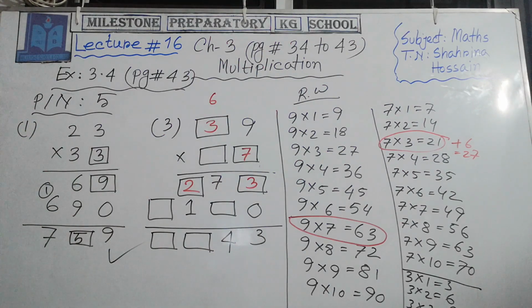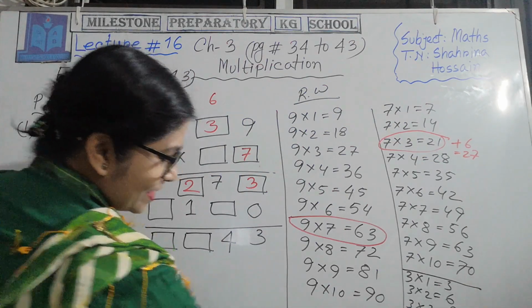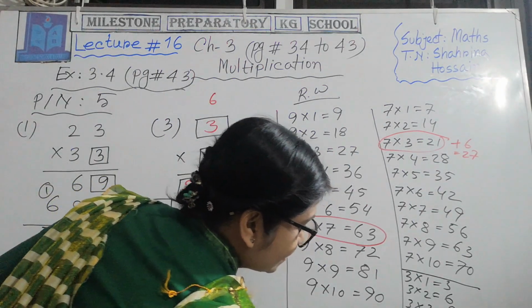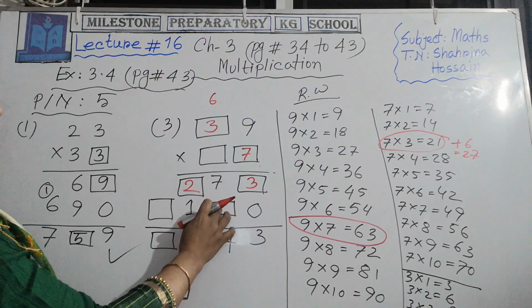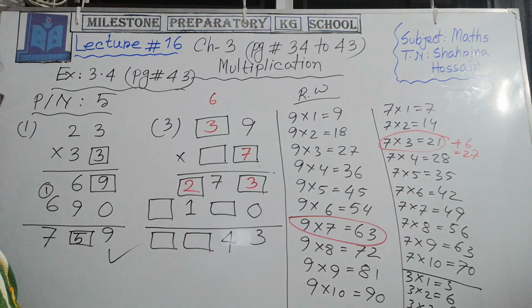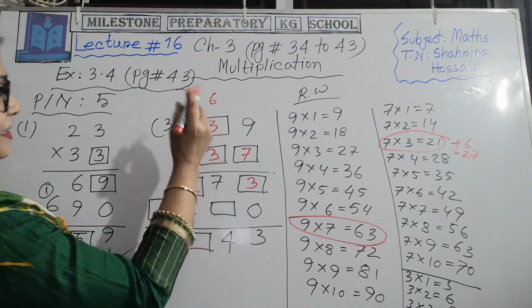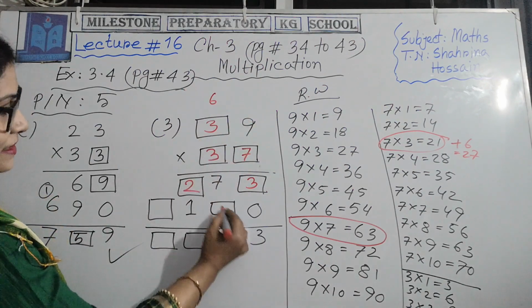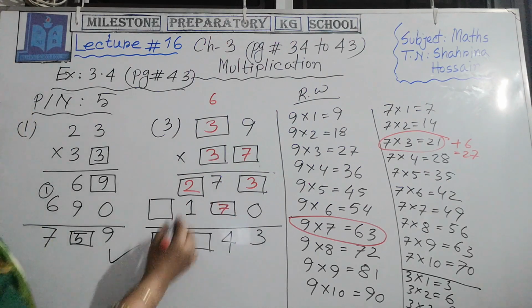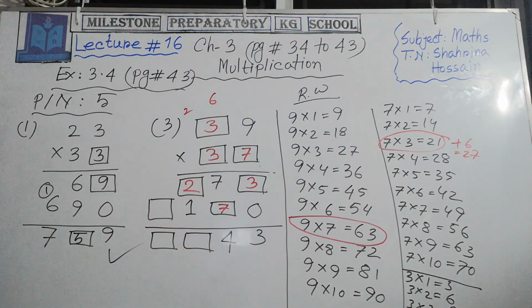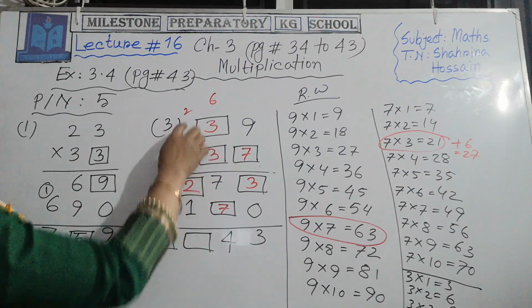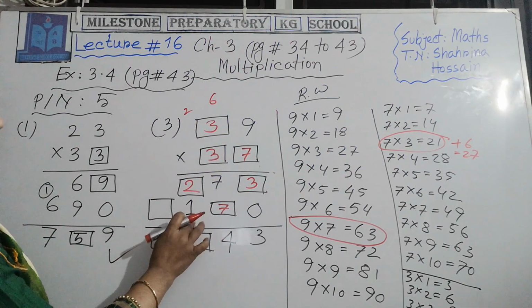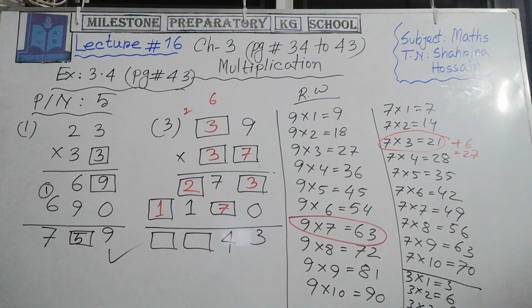So see here, which number can we touch? 3 9s are 27, right? If I take 3 9s are 27, this time I am getting here 7, 7 plus 7 is 14. Okay, so I can take there 3. 3 9s are 27. 7 is here, 2 is in our hand. Okay, so 3 3s are 9 plus 2, 10, 11. See, 11. Yeah, very good. I think I get the answer, right?